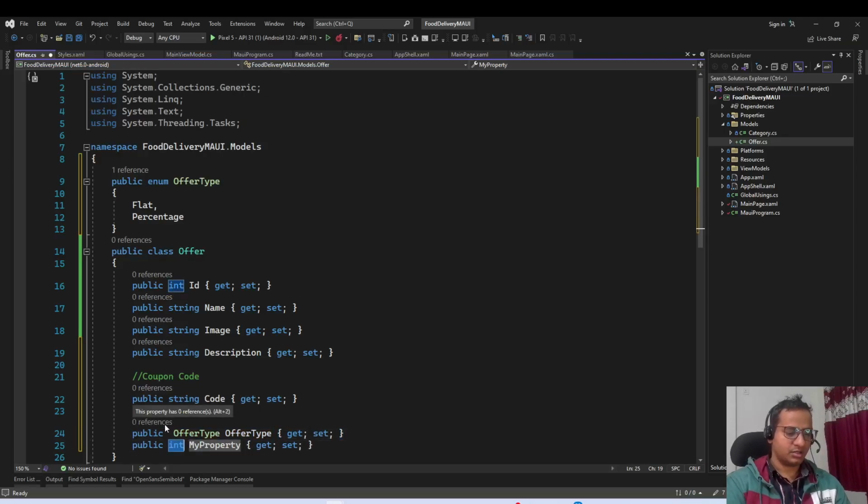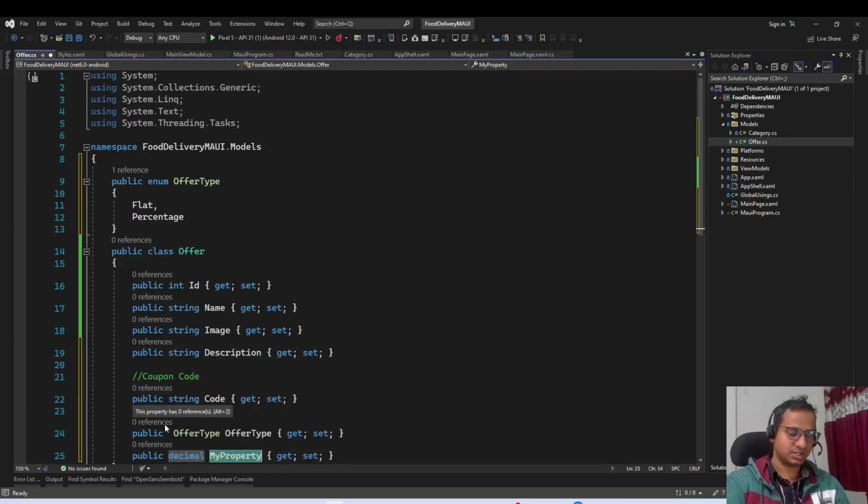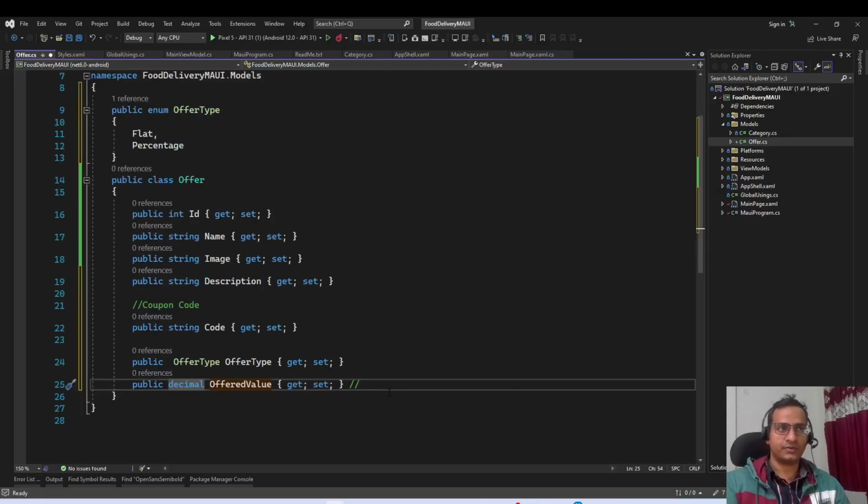Then offer value, we are going to have it in decimal. Offered value, let's call it offered value. So the offer will be a combination of these two. So offer type,